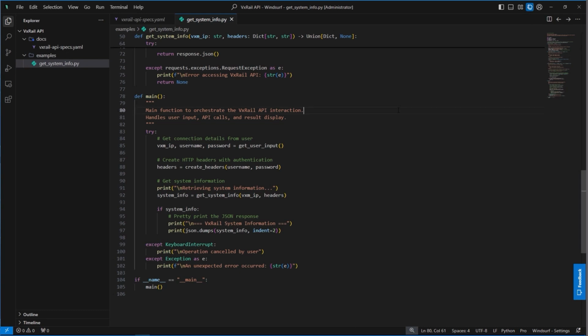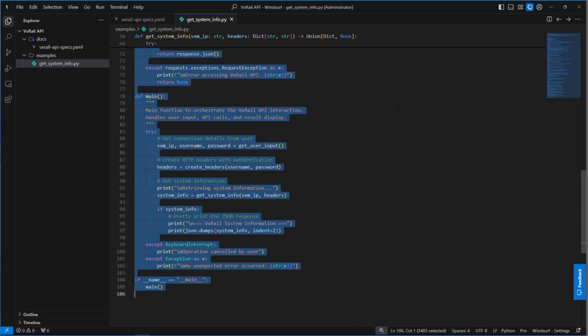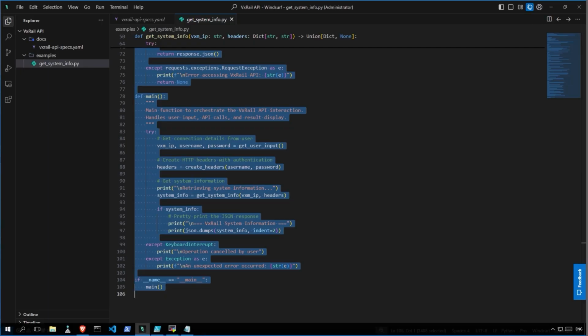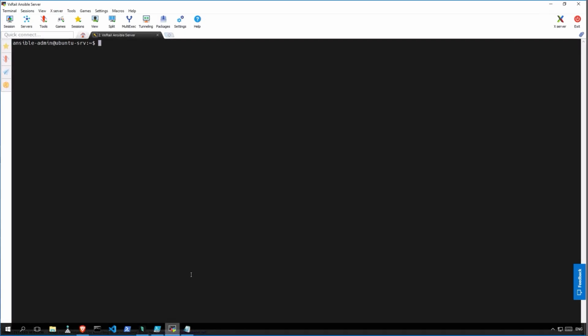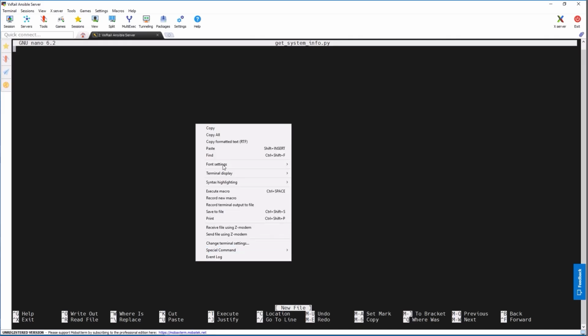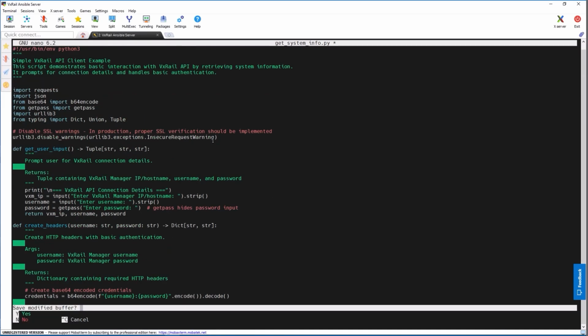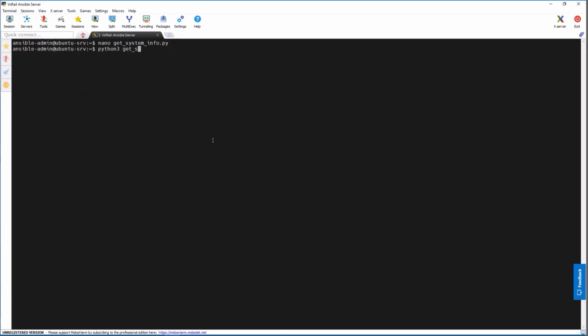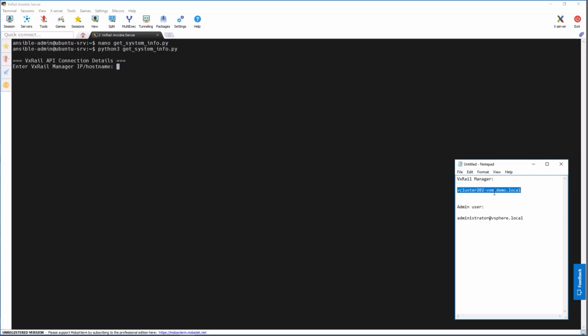The generated script leverages just the v3 system VxRail API function, so it looks pretty safe to run in my demo VxRail environment. I will copy and run the script on a Linux system with Python installed. To do this, I will open a text editor via the terminal, paste the script content, save it, and then proceed to test its functionality.